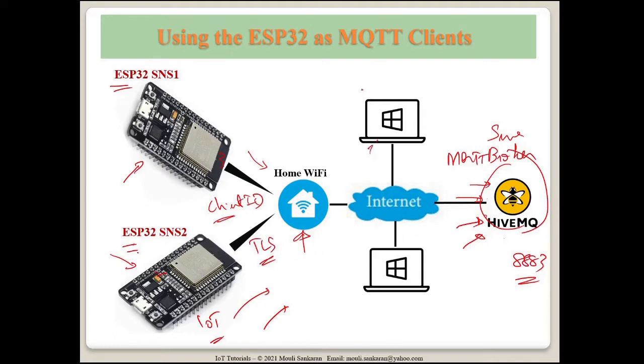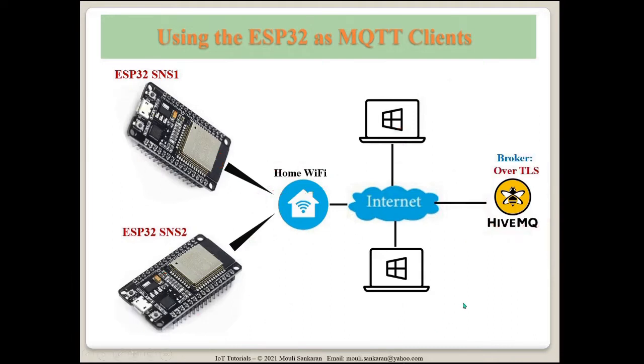Now I have a Windows machine as I have shown here. Instead of connecting to the home Wi-Fi, I made sure that I am connecting to my mobile data so that it is not on the same network as our IoT devices, so that we will be simulating exactly what we claim that it does. Now, let me explain. The broker is running there over TLS. We have a subscriber, which also behaves like a publisher. So this is sensor 1. It is subscribing to the topic sensor1 control. I want it to be controlled using this particular topic.